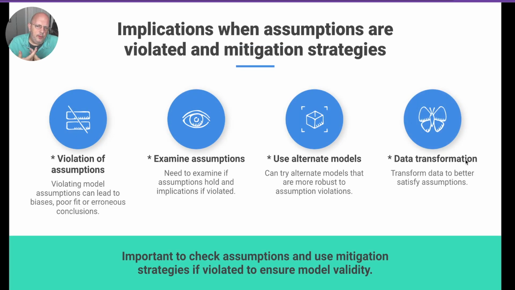Now, sometimes when you have these violations of assumptions, you can use a different model. Sometimes with outliers, you might have to transform your data. Sometimes there's nothing you can do, and you're just going to have to declare, hey, this is not a very good model. Okay, so just because there's a violation of the assumption doesn't mean you just get to go home and walk away and say, oh, that's not going to work. You might be able to move to ridge regression. Actually, let's go into that.